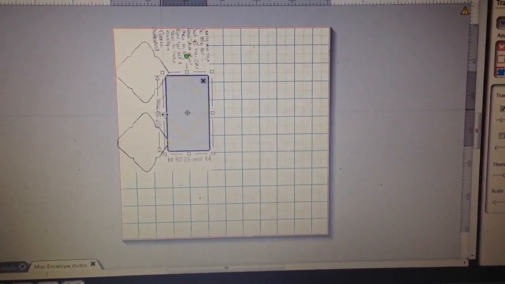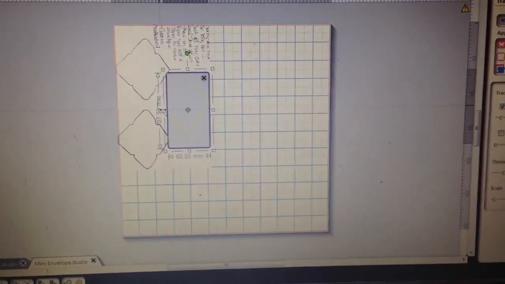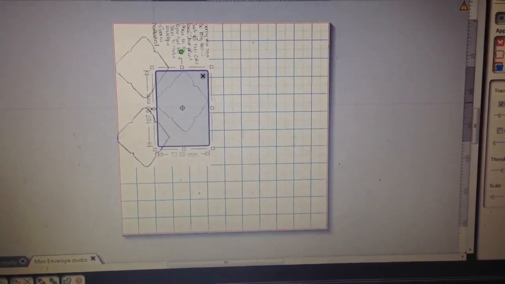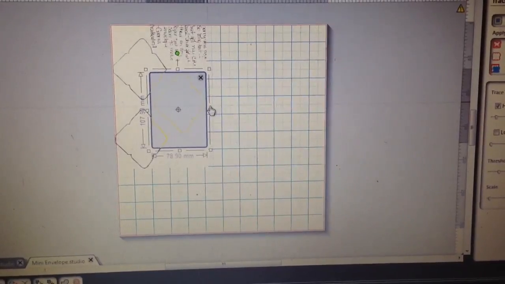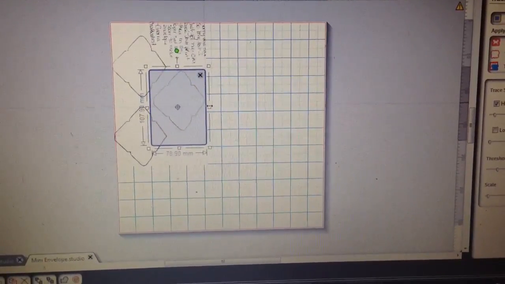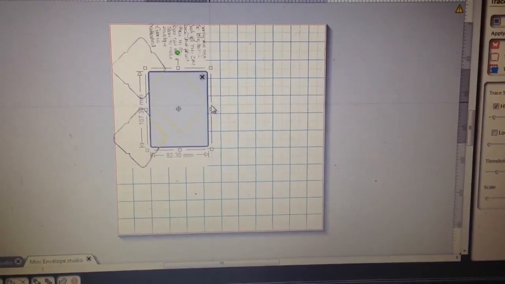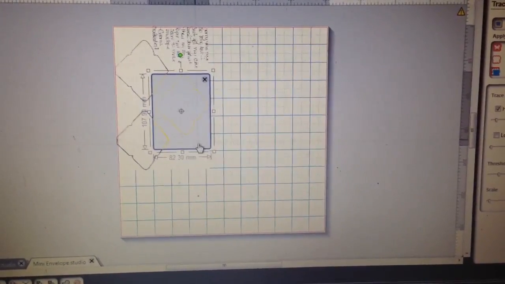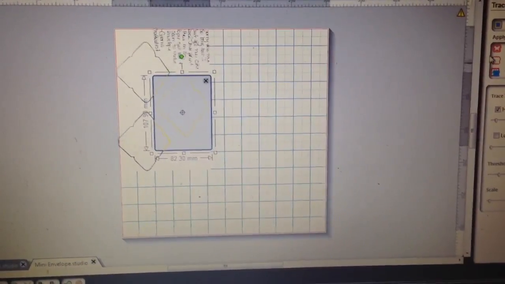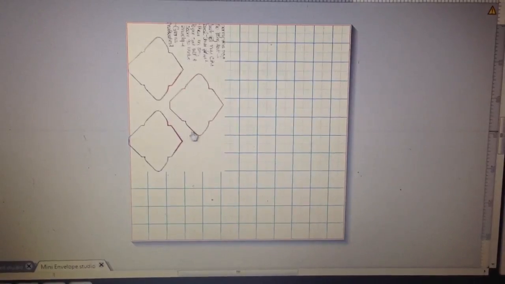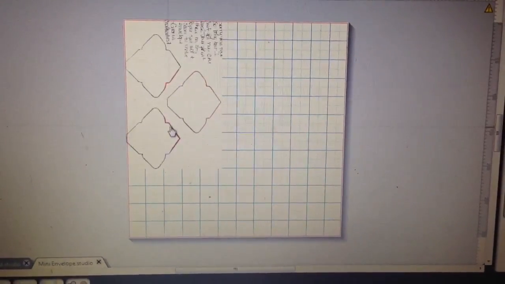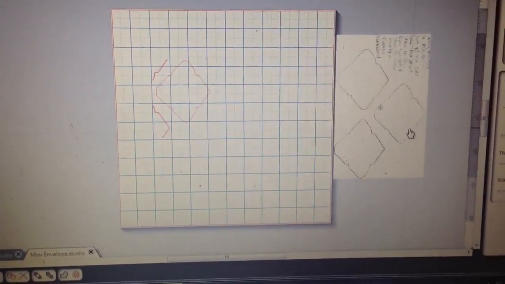Right now what it's doing is tracing part of the image, so we want it to actually trace the whole image. So let me make sure it's big enough over here. Okay, so now that image is traced, and we're gonna go back over here and say trace outer edge. Okay, so now you can see in red all of that is traced, and also this and this. So what we're going to do is move this off to the side because we don't need it anymore,